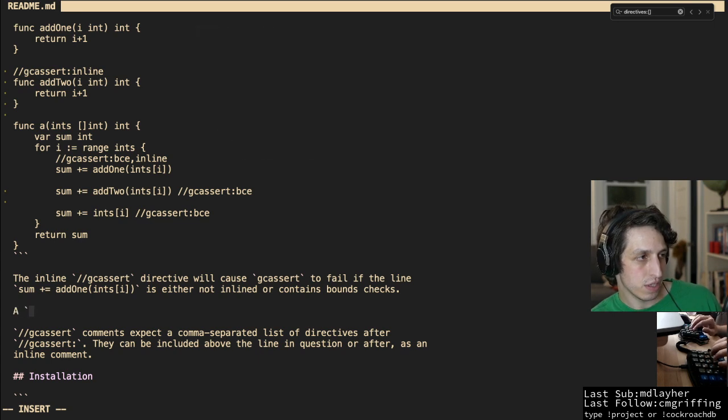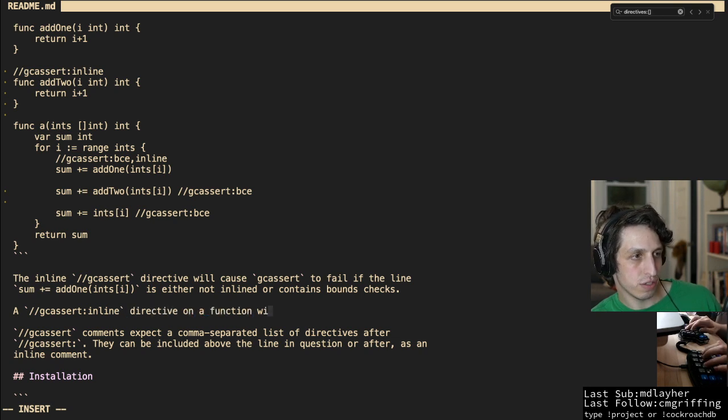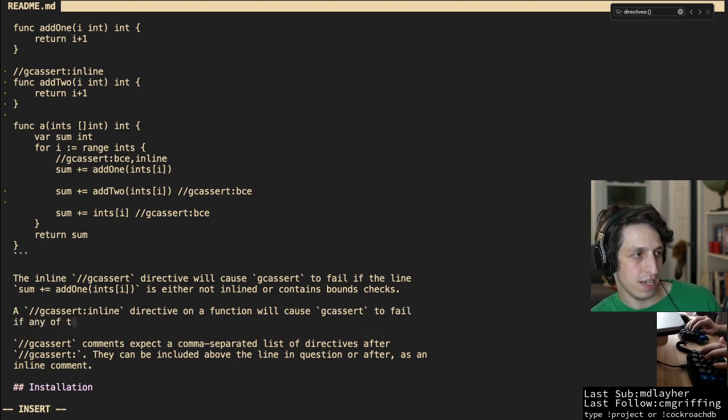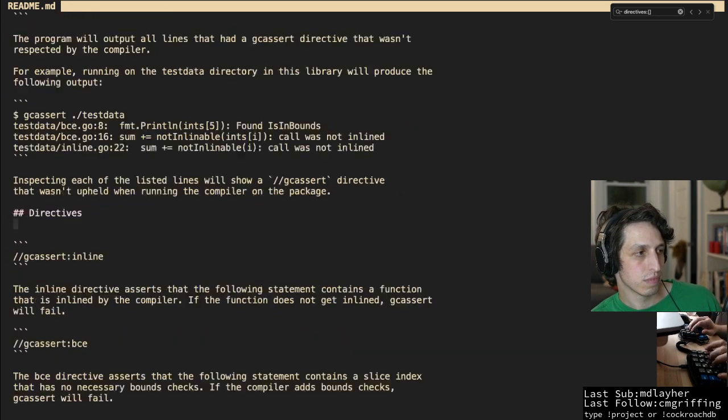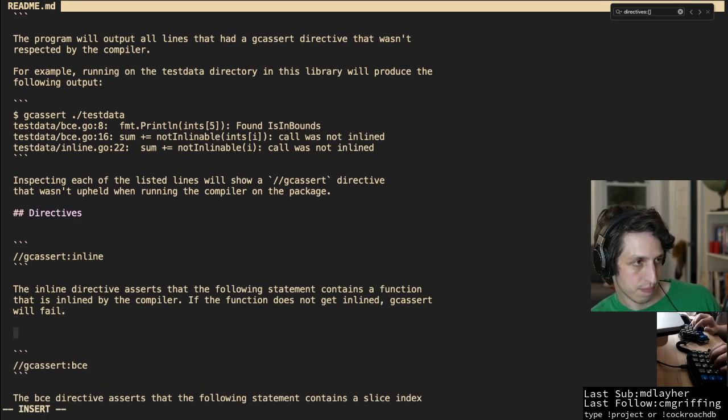A gcassert inline directive on a function will cause gcassert to fail if any of the callers of that function do not get inlined. Then down here I need to say, on a call expr,